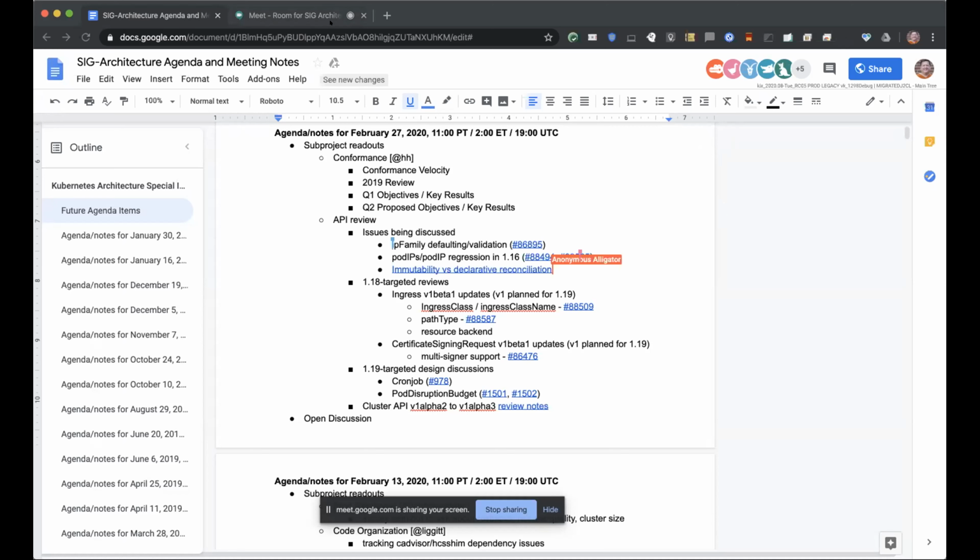The third item I'd like to, this is a quick doc I wrote up. Immutability, we have immutable fields in several places in the API, and then there's a proposal to add the capability for them to custom resources. And we don't have a very principled approach to how that should interact with declarative reconciliation tools.